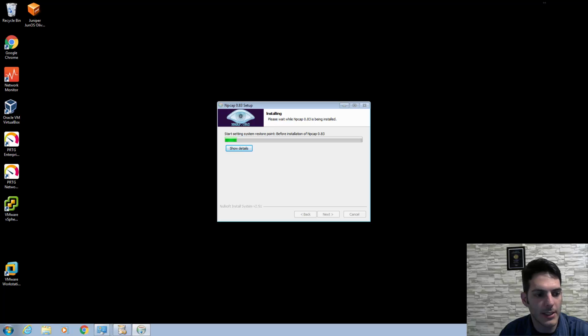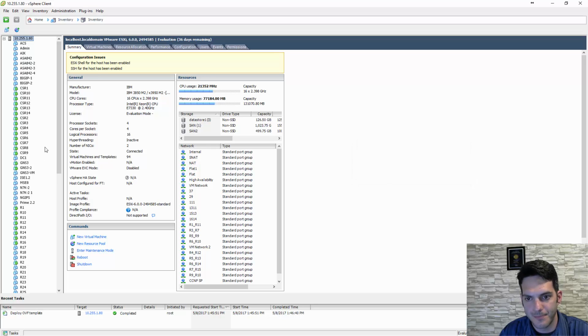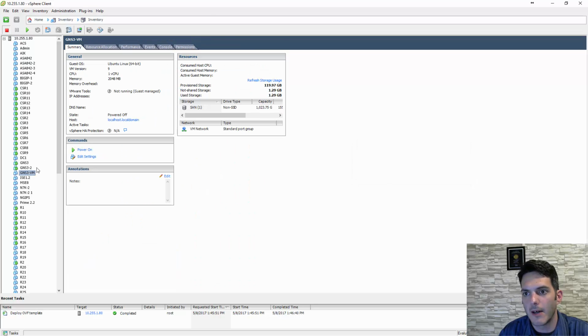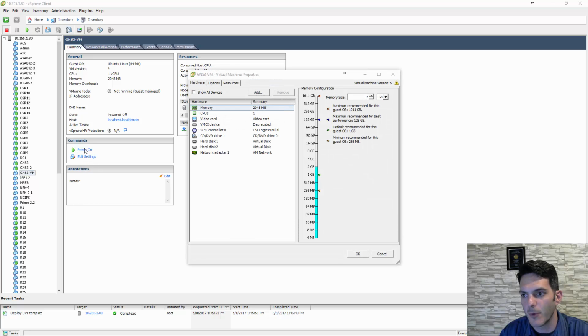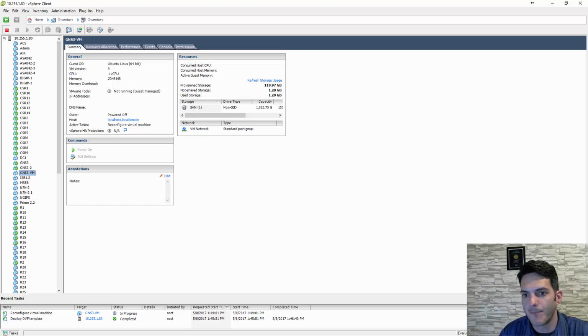Now going back over to our ESXi install of this guy. So it's successfully deployed. So here we go. Now it grabs 2 gigs of RAM, which obviously is not going to be anywhere near enough, right? So we're going to come in here, we're going to give it 32 because we have 128 to play with, and I'm going to give it 2 vCPUs, 2 cores out of my socket, and I'm going to click on OK, and I'm going to power on,